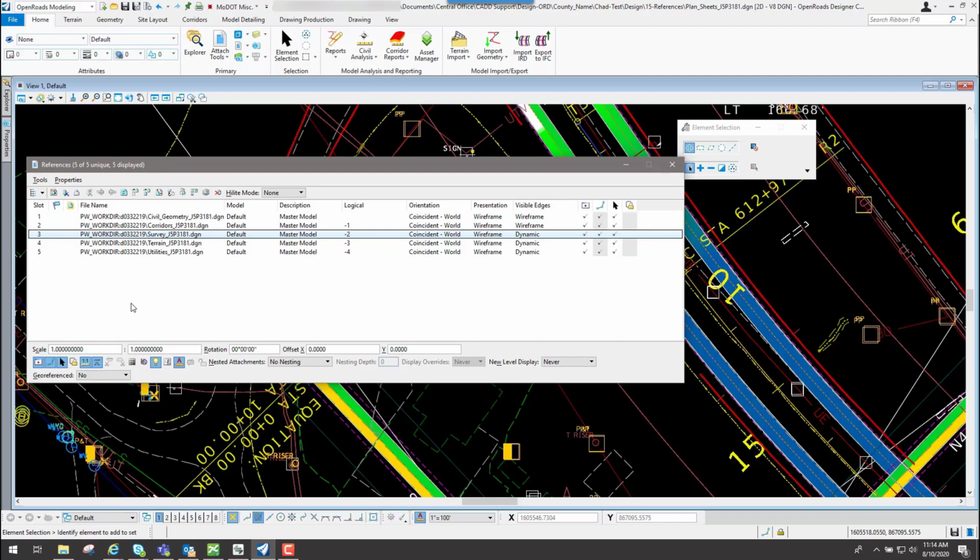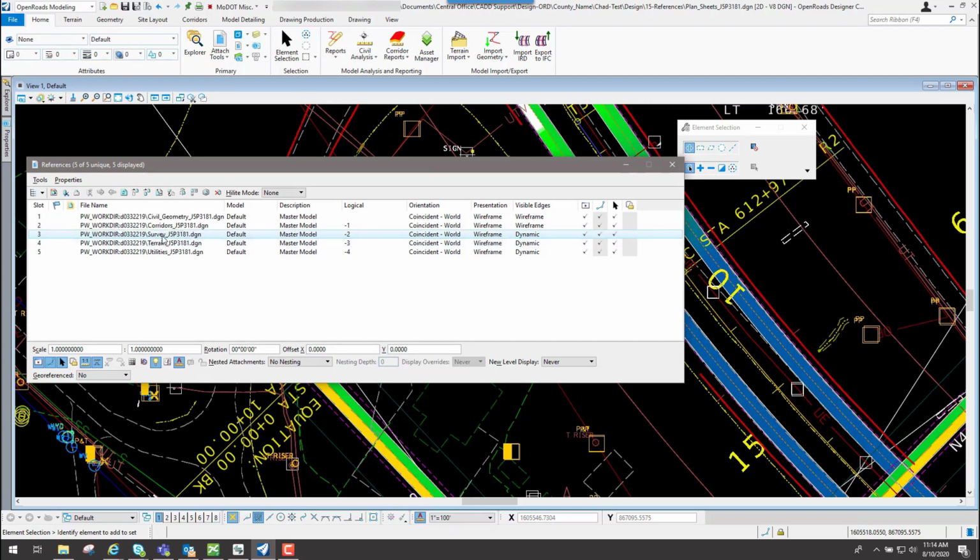Another one that's probably beneficial to know is this little icon right here that says display raster references. So let's say underneath your survey file, you had an image that was attached to it. And I want to see that image in this file because this file right here is being utilized in this file.